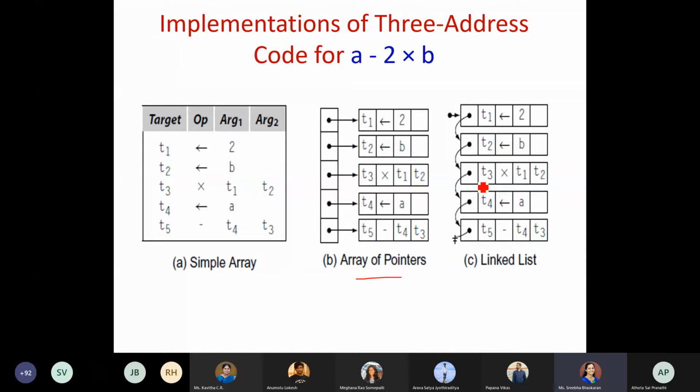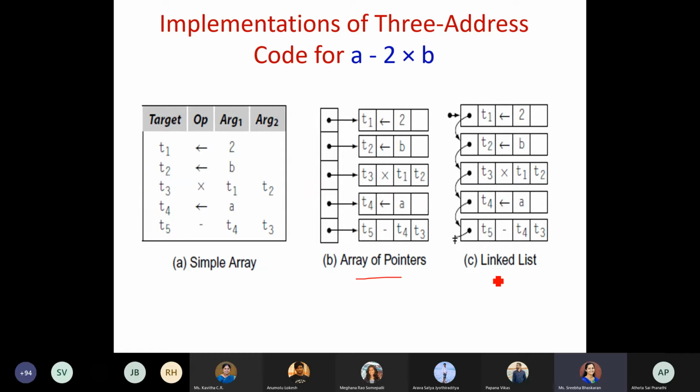Or we can even implement it by using the linked list concept. If you have one pointer mentioning the start of the sequence, then that pointer would be pointing to the next instruction, and the next instruction, like this. So we can implement it by using the linked list concept also. These are the three ways we can implement this concept, the linear intermediate representation, especially for the three address code, by using triples.